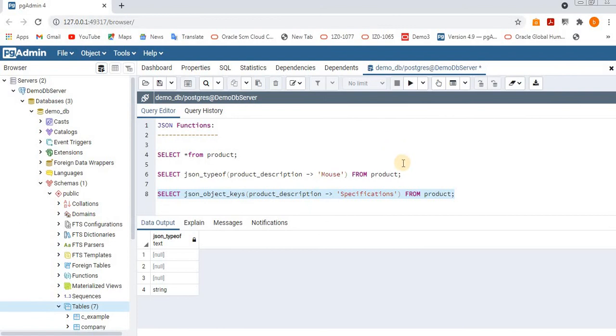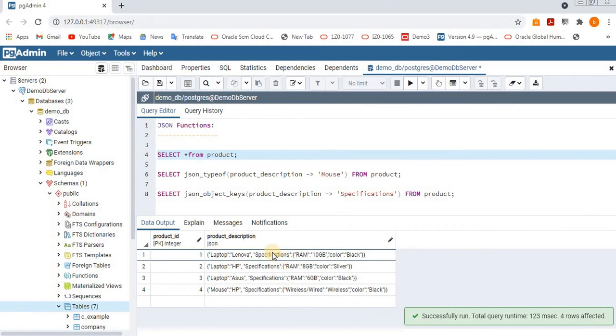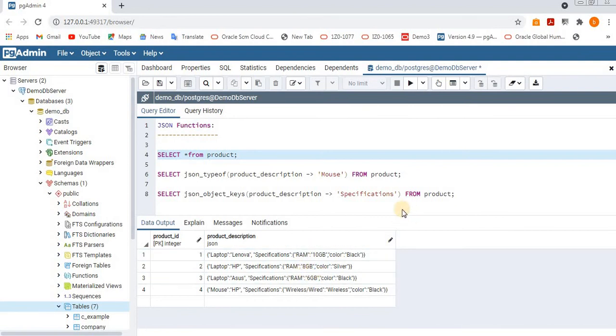It will get all the keys that exist in this particular object. Let me explain what output we will get. For the specification key we have an object value, and inside this, all the keys there will be returned. That means RAM and color for some rows, and for the fourth one wireless or wired, and color. Let's execute this.